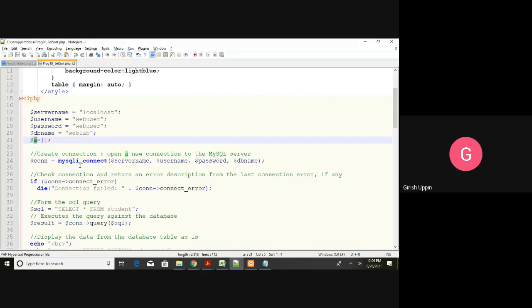How to create a database connection? mysqli_connect is the method using which I can make a connection to the SQL database, and that connection object reference is stored in the connection variable. For this method, I have to give the server name, username, password, and the database instance name. If all are correct, it will make a connection.